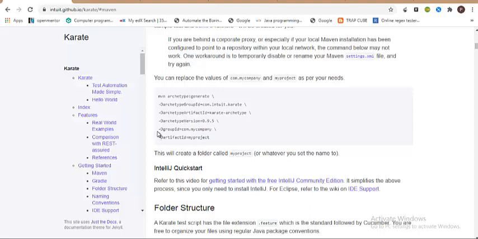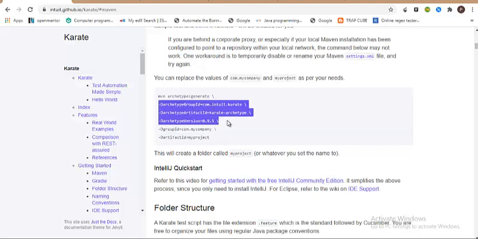The last two values are something that you can specify as per your choice, but the first three values should be the same as documented here. And this is the command, guys. If you want to run from a command prompt, go to your workspace, navigate to the workspace, and open a command prompt from that location. Just copy this command and run it. What happens is that the project is already created for you.